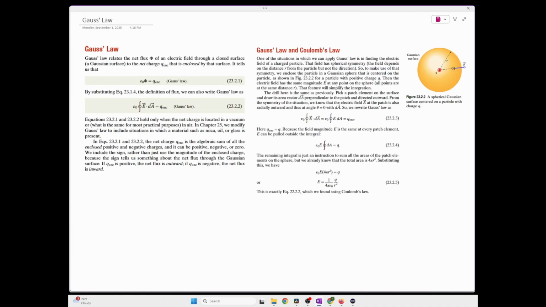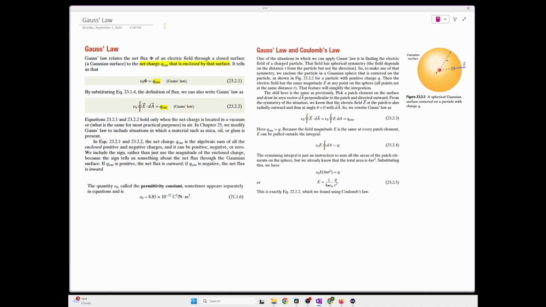If you look at that second equation, and once again recognizing that that integral is just the electric flux, then what Gauss' law says is that if you take the electric flux and multiply it by epsilon naught, and here we want to recall that epsilon naught is just a constant first introduced in chapter 21. So if you take the electric flux and multiply it by epsilon naught, then the product will be equal to the QENC. And what that QENC means is the total charge enclosed by the Gaussian surface, as you can see